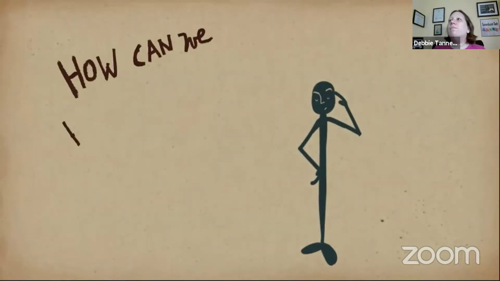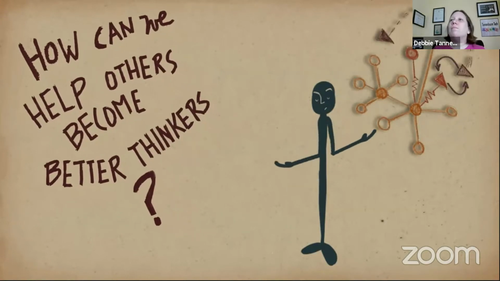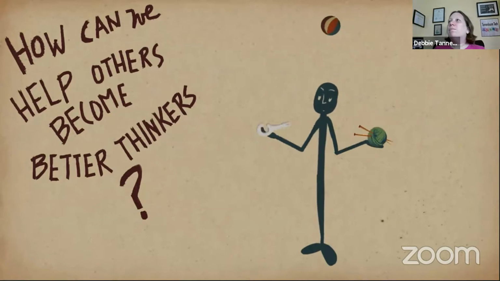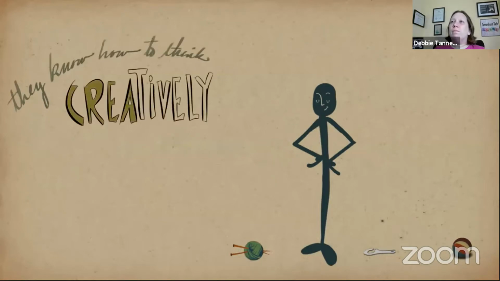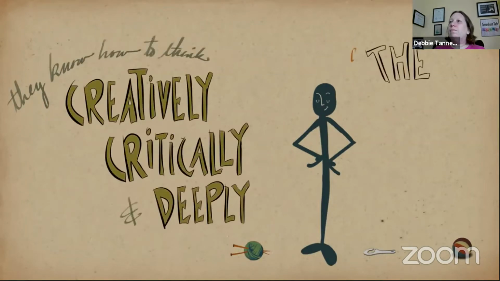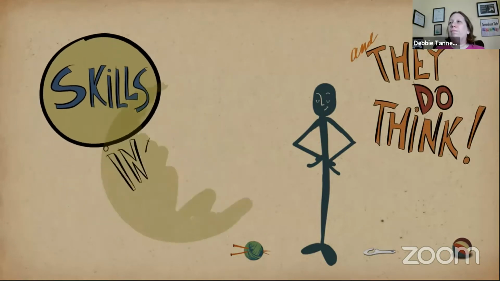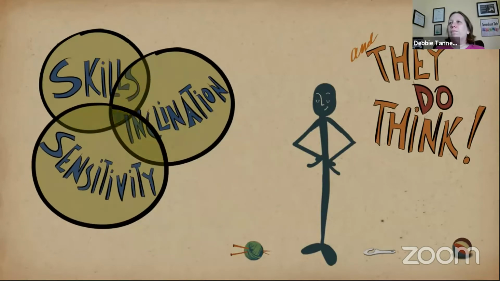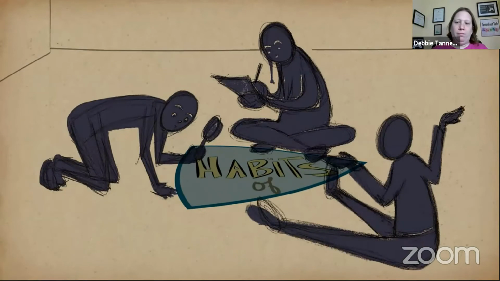What can we as educators do to help students become better thinkers? One might assume that a good place to start is to teach thinking skills, but is teaching skills enough? We often miss opportunities to use the skills we have simply by not noticing times when they might be useful. Good thinkers not only know how to think creatively, critically, and deeply, they actually do it. They have a repertoire of thinking moves to draw on. They're inclined to use them, and they're sensitive to the times when thinking would be helpful. In other words, they're in the habit of observing, analyzing, and questioning.